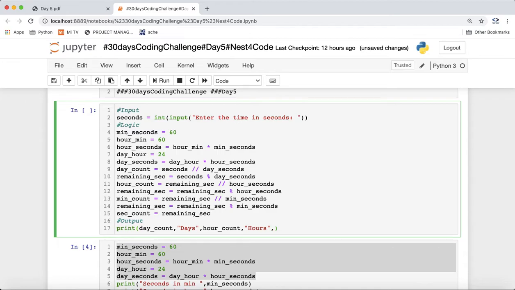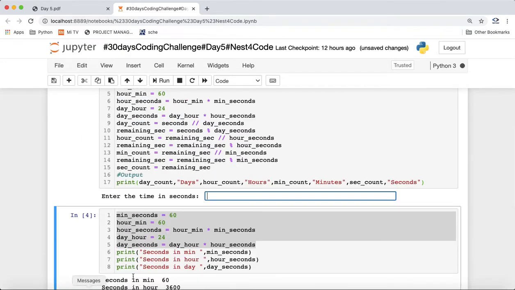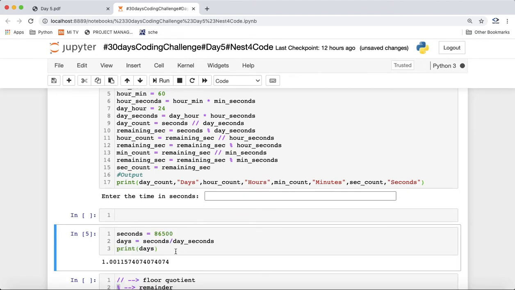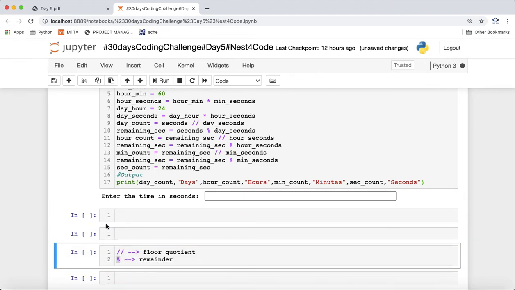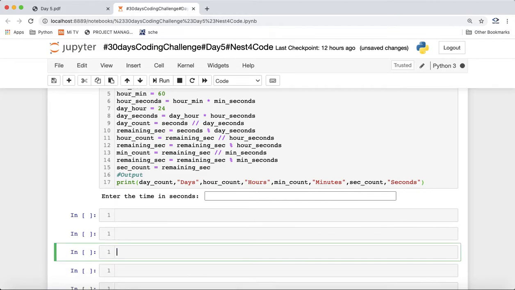After this we will give the minute count and print minutes. After this we will print the second count and we print seconds. So this will be our program, right? So guys, now we'll start. I think this was already copied, so this code is not required here now. We'll just remove this.